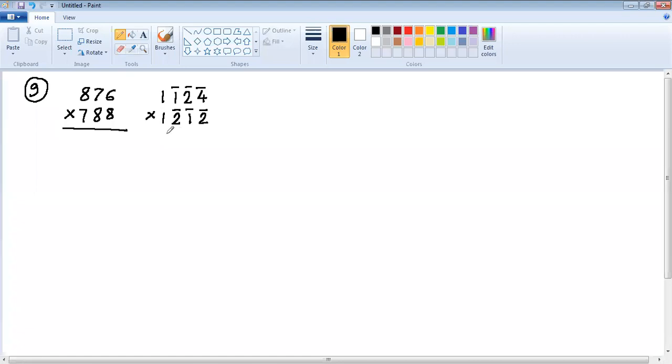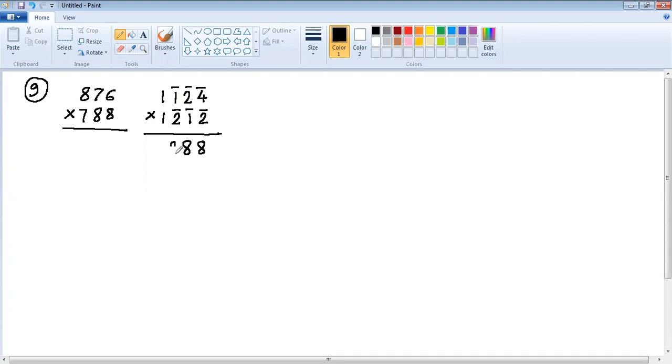Now understand that this multiplication is faster than doing this, because they are all simple numbers. 1, 2, and 4 only are there. The only thing you should know is that minus into minus is plus, and plus into minus is minus. Minus 4 into minus 2 is plus 8. This is plus 4. This is plus 4. Minus 2 is plus 4. Minus 4 minus 1 is again plus 4. 4 plus 4 is 8. Then next, this is 2 plus 2. This is plus 8. Plus 2 plus 8 plus 10 plus 2 plus 12.